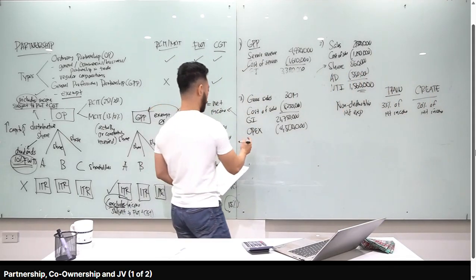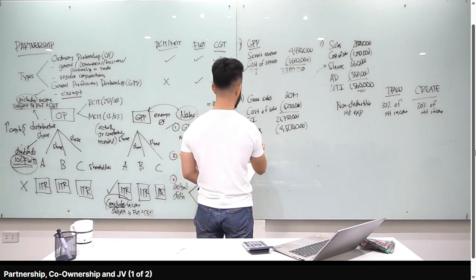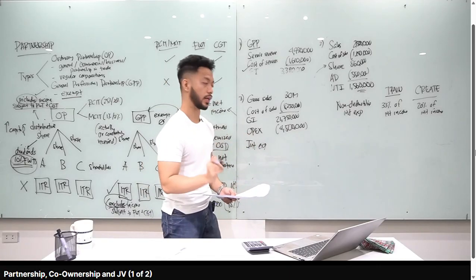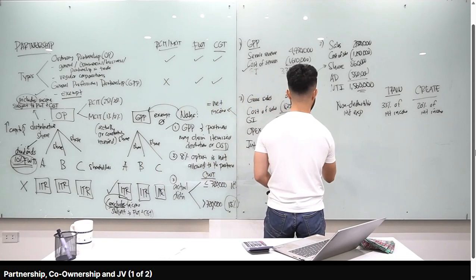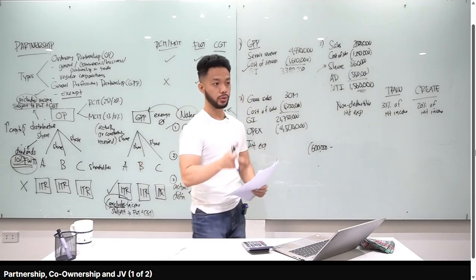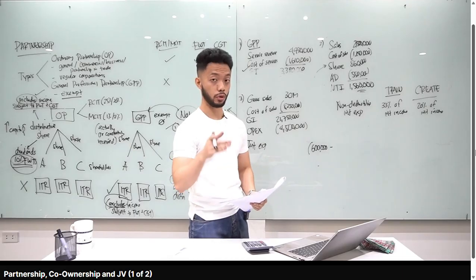Now, lagay ko dito, class, so assuming yung OPEX, syempre wala pa dyan yung interest expense. Tama? So, lagay ko dito interest expense. So, instead of deducting 600,000, may portion dyan na non-deductible. So, ganito yung computation dyan. 600,000 minus 20% of interest income. Okay? Pero yung interest income mo should be grossed up. Okay? 20% of grossed up interest income.